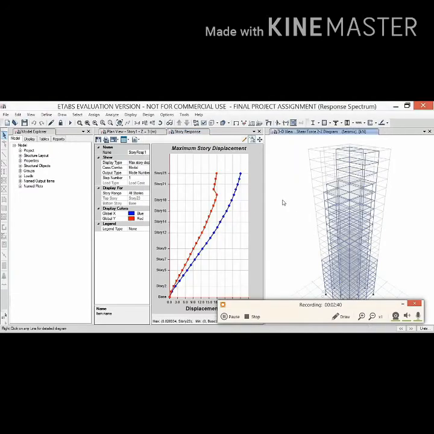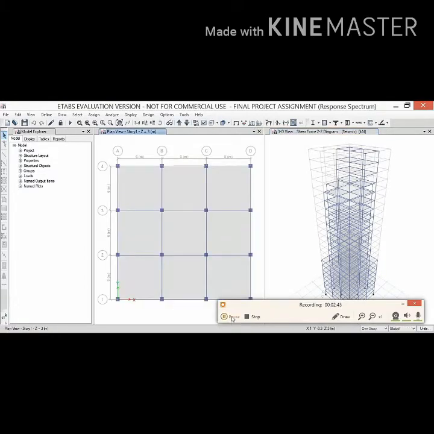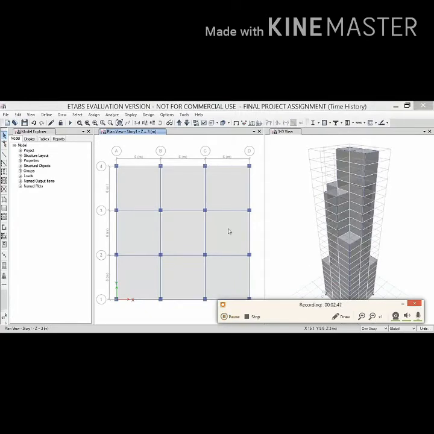After the analysis, we carry out the design, verifying whether all the members are passing the design check or not. Further, if any member is not passing the design check, we change the property of the member using the auto select option and once again run the design analysis for the same, after which the members are likely to pass the design check. Here as you can see the analysis has progressed to 100 percent, and after the analysis